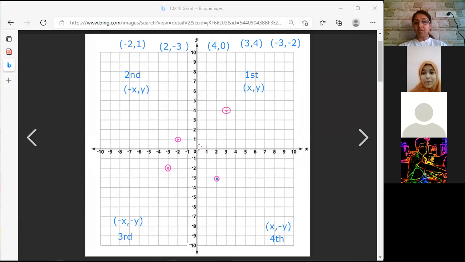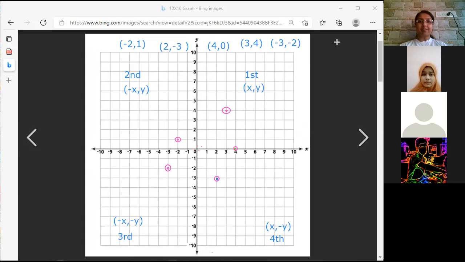Where is the point? On 0? No, it will not be on 0. You're muted, beta. I can't hear you. It will not be on 0 because we have x as 4. So if x is 4, it will come here. Y is going to be 0. X is going to be 4. Do you get me? Okay, teacher. It is going to be this point here. Yes, you're right.